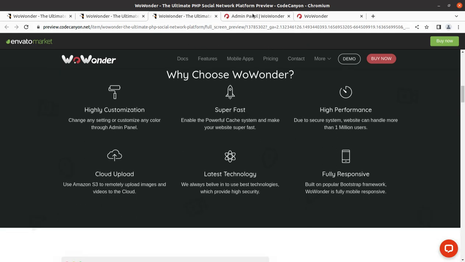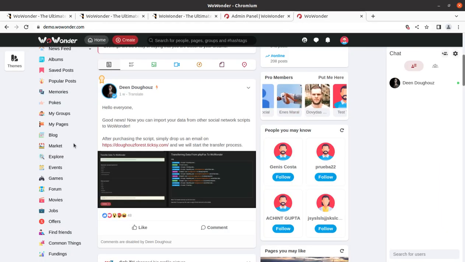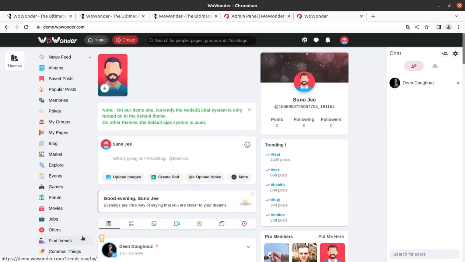And of course we can check the admin panel, and this is the front end of, just like Facebook interface, this is the front end of social network page or user interface. You can say this is front end of user, and it has all the features that should be available on a social network platform. So like news feed is here, and you can select news feed option or people I follow option,